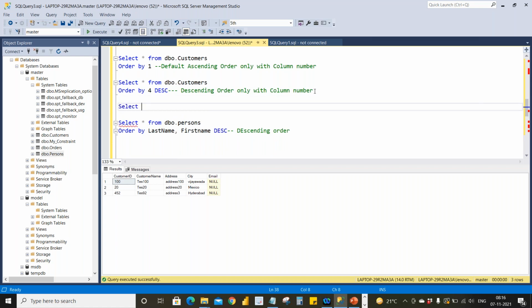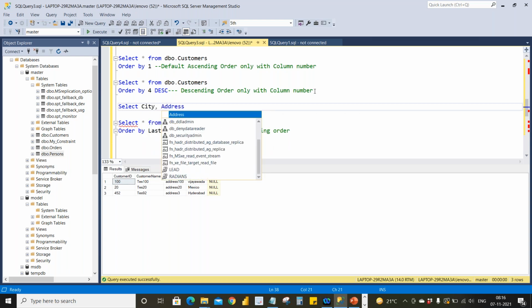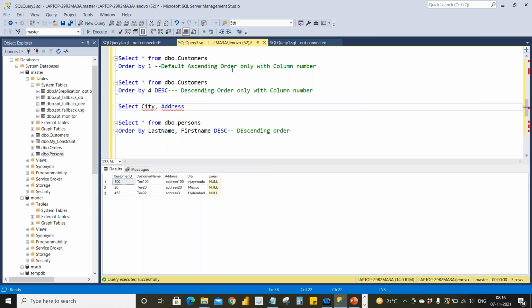Suppose I want to sort it. I want only the column names of customer name and address. I'll say city, address, then I'm saying from customers.